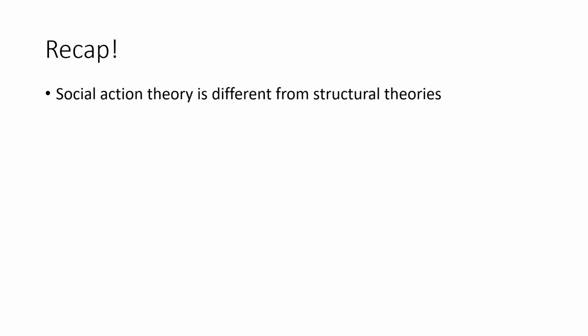So last lesson we had a little look at how social action theory is different from structural theories. If you remember, I drew those diagrams which showed how structural theories would argue that we are shaped and controlled by society, whereas action theories argue that we actually have free will. And that means, therefore, that while the structural theories would try and understand family life in terms of how it is shaped by society, the social action theory instead is focusing more on how we as individuals shape our own family life.